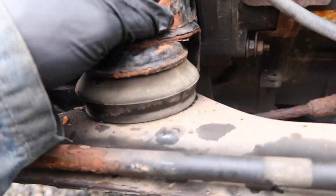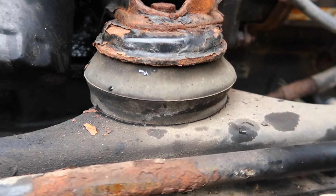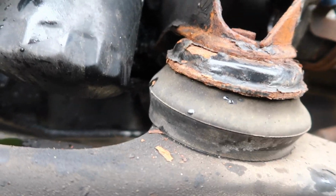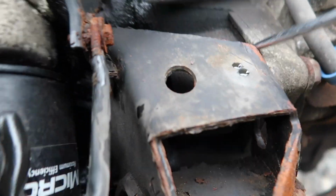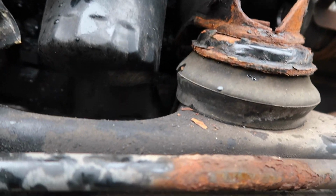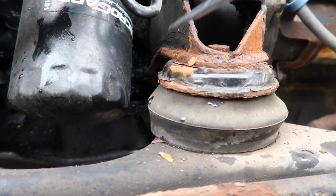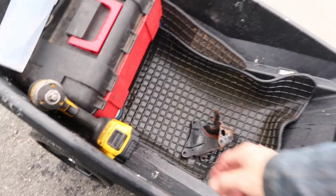Let's just do this. I don't see any rust here, that's still solid. I'm going to check out the rear one a little bit more, because I can wire wheel this, and this will turn out fine. So not what I thought I was going to be getting today, that little tiny bracket only, but the subframe was all rusted out,